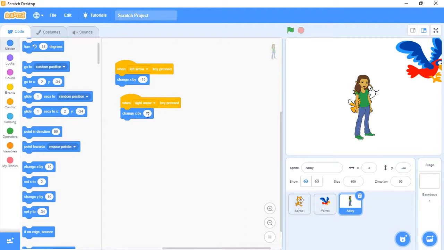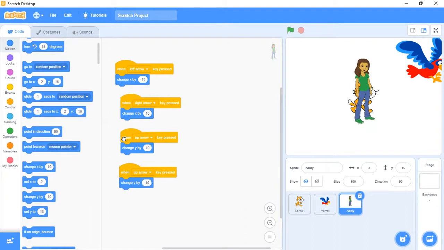Now if you want this square to move up and down, duplicate, up arrow, change y. Up means towards the positive direction, down means towards the negative direction. Fine.